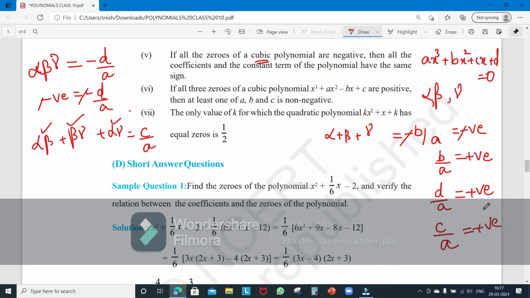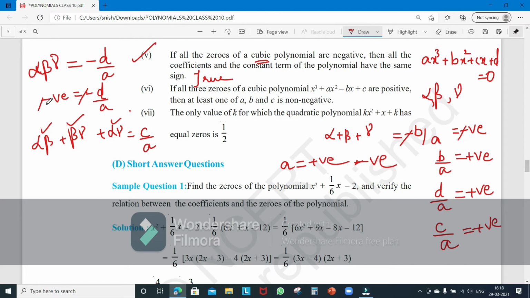So just relax and check it off, right? Now by this you will get to know that all of them are positive. So you can assume, even if we take A as positive, then B, C and D should be positive. Even if I take A to be negative, then B, D and C should be negative. So all of them have the same sign, so it is definitely true.